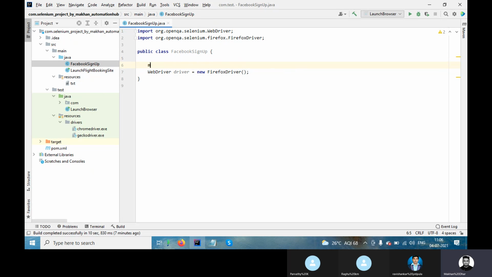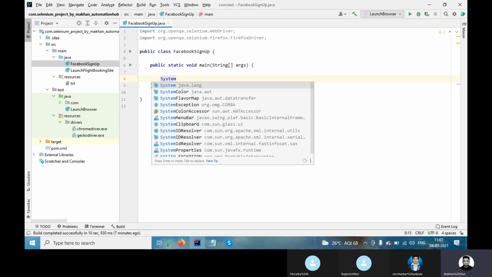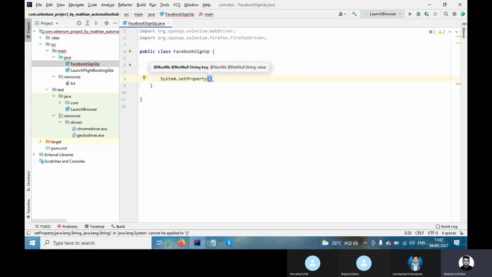System dot set property, and it should be under the main method. System dot setProperty, comma path name.